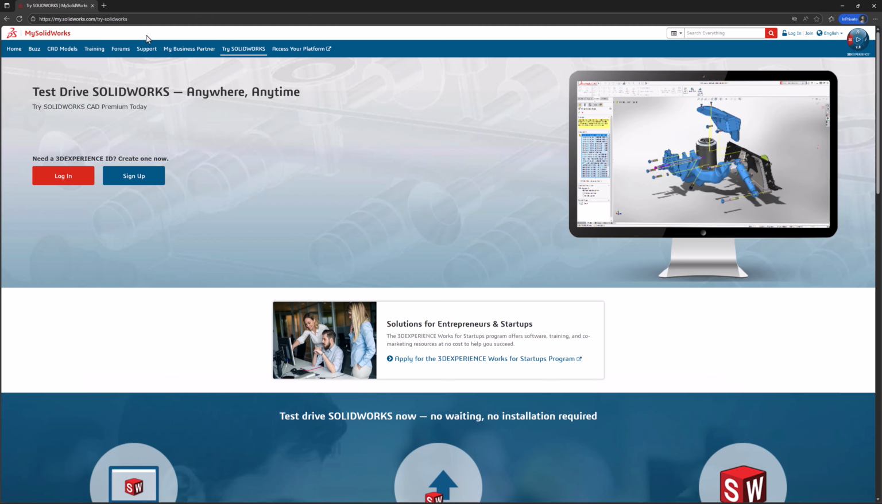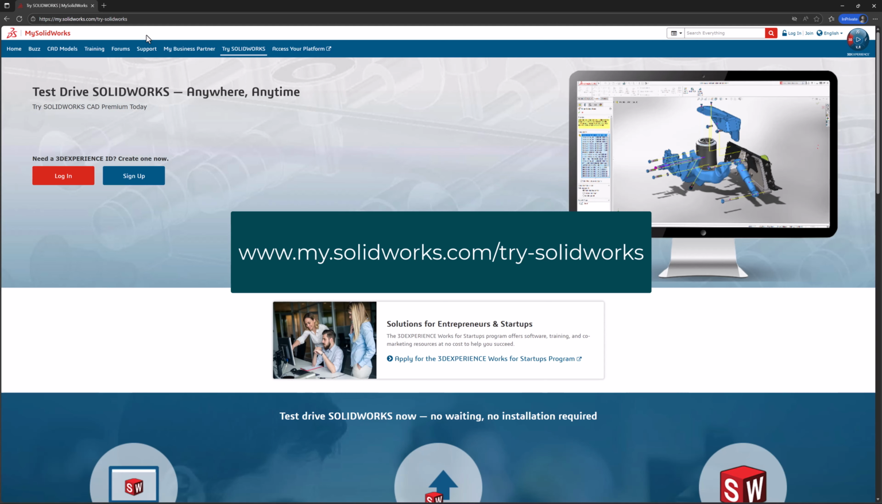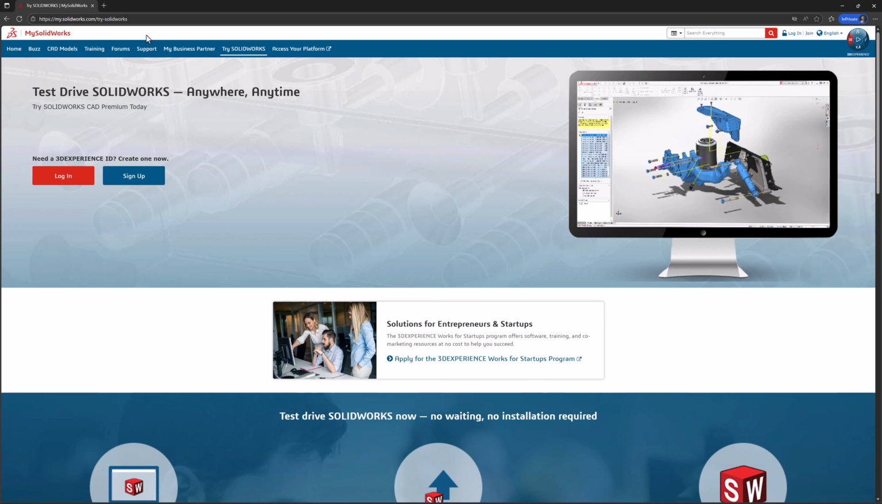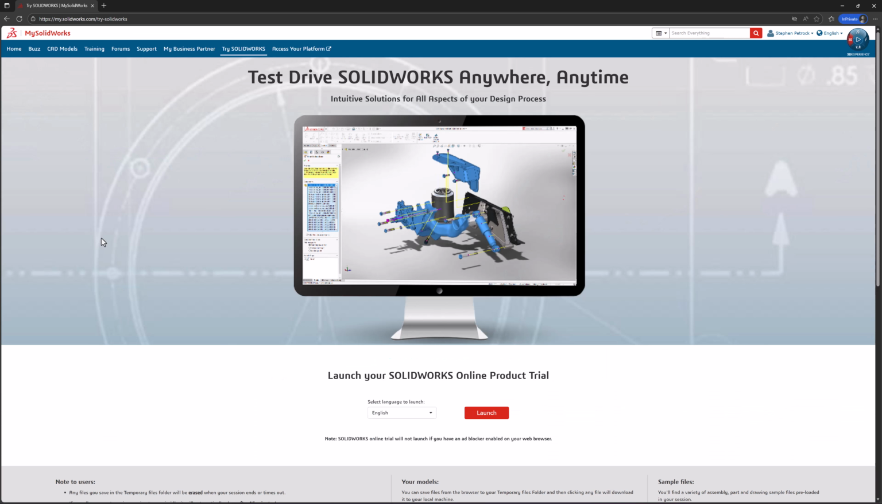You'll first navigate to the page my.solidworks.com/try-solidworks. To get started, you need a 3D Experience ID. Either create one here or log in if you already have one. On the Try SolidWorks tab, you press Launch and a virtual machine will be provisioned for you that you can